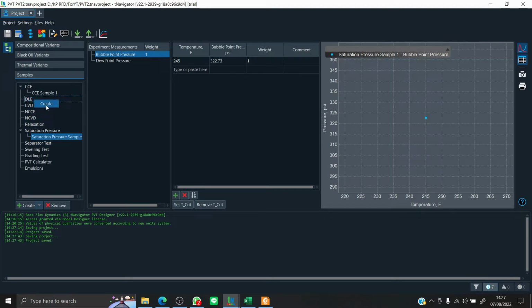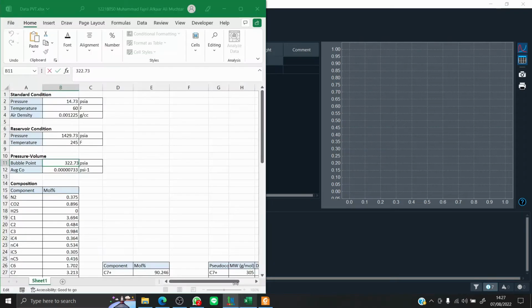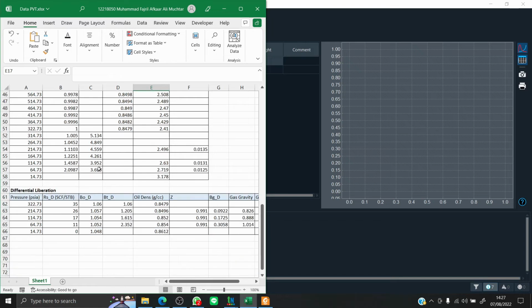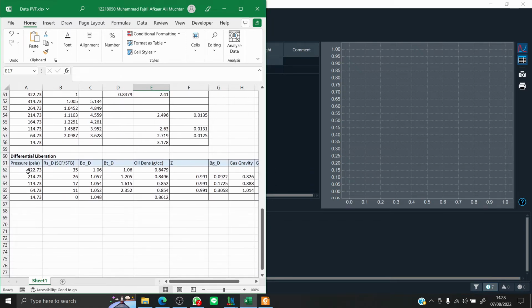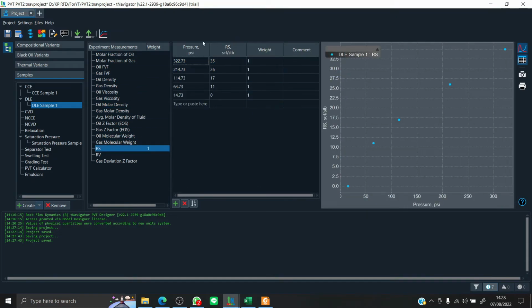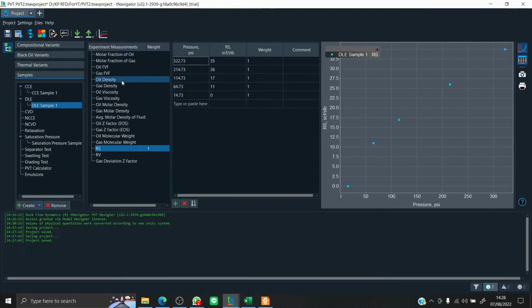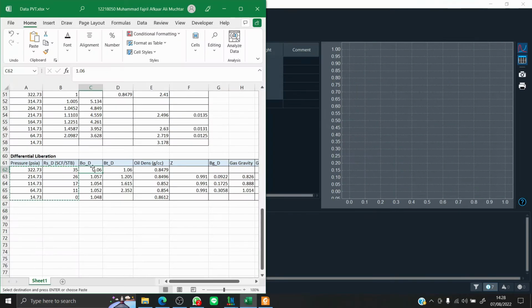Then the next data that we want to input is the differential liberation. Okay, so let's just input it. The first one is RS, or the gas oil ratio. Just gonna paste it. Okay, it's already there. So the next one is the oil FVF or Bo in the differential liberation.